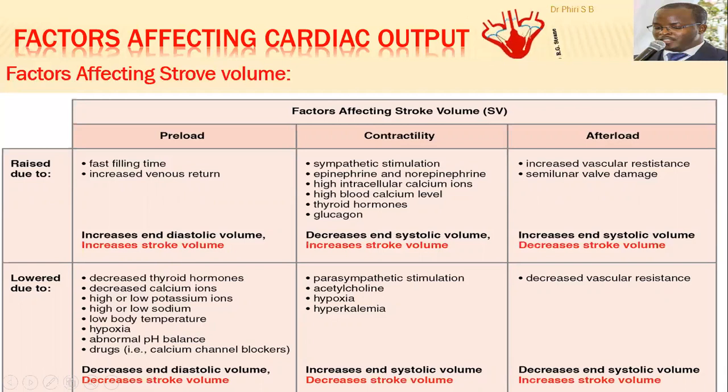Also contractility. If we discuss this, then we're going to have an increase in contractility and an increase in stroke volume, which is straightforward. Afterload is the resistance against which the heart has to pump the blood. If you have an increase in afterload, the heart is pumping less blood to the circulation because there's just too much resistance. So there is an increase in the end systolic volume. Of course, you have a decrease in the stroke volume. With increased contractility, the heart is able to pump much of this blood into the systemic circulation and pulmonary circulation. That will result in an increase in the stroke volume.